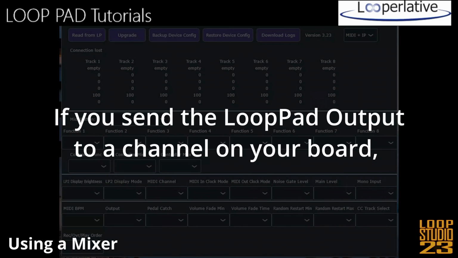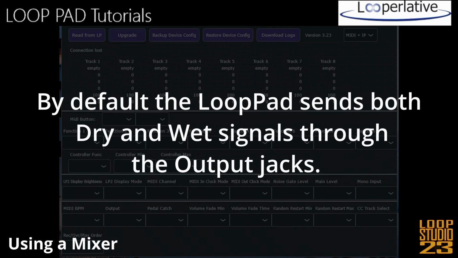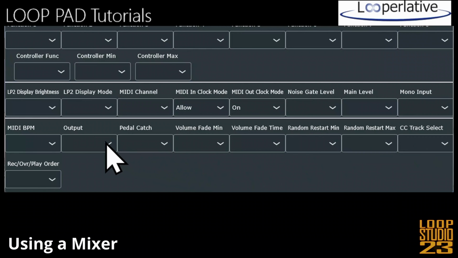If you send the loop pad output to a channel on your board, make sure that channel isn't bussed to send signal back to the loop pad through the auxiliary sends or sub-outputs. By default, the loop pad sends both dry and wet signals through the output jacks. In the Configure Apps main tab, you can change the settings so that it only sends the wet signal. When using a mixer, you don't want to double the volume of your dry signal